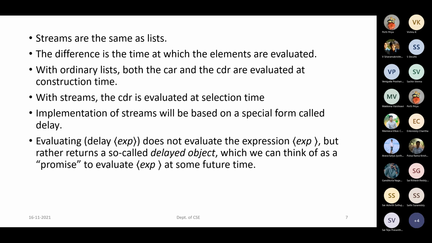Usually when we say CDR, you will be getting the remaining elements, right? So here in stream CDR, you will not immediately get it. You are just applying a delay to it. If required, then only you will force that delay to be removed. That means we are just promising that we can evaluate with a small delay. If required only, we have to remove that delay. Otherwise, it will stay in a delayed position itself. So in future, if you require it, then only take it. Otherwise, we don't have to evaluate it. We have the contents, but only if required do you have to evaluate.